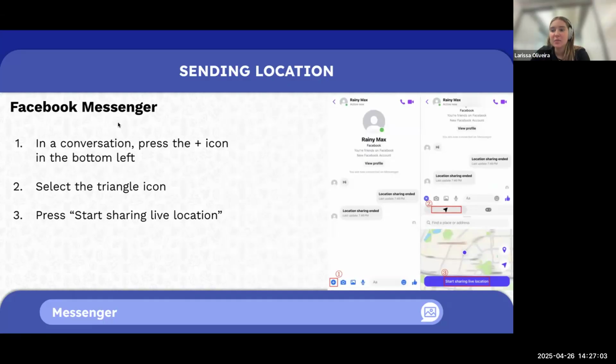So, like if I'm going out on a walk alone or going somewhere alone, I always share my location with a friend or a family member so they know where I am, and in case anything happens, they have my location. Or also if you're in a really crowded event with a bunch of people